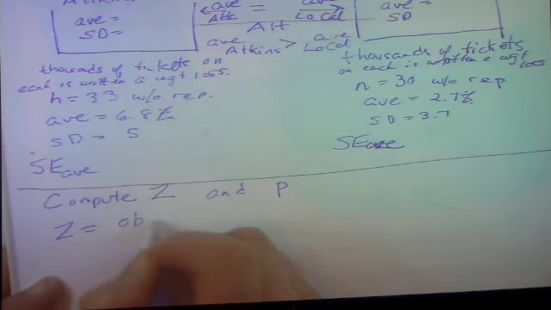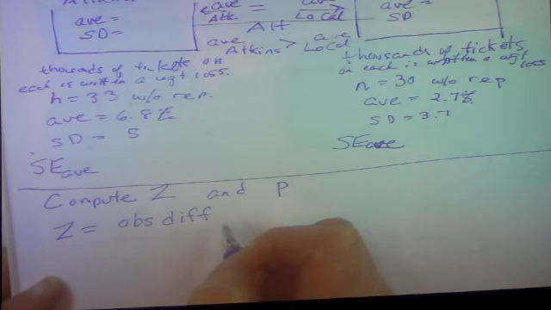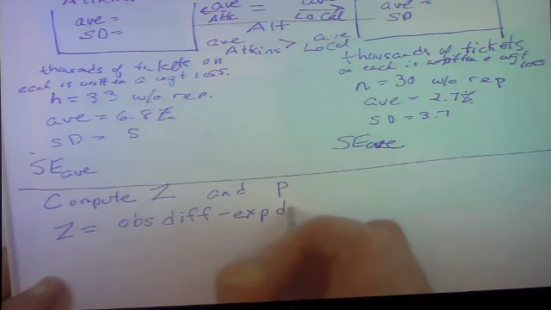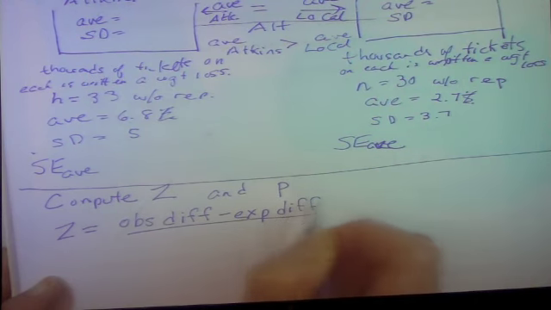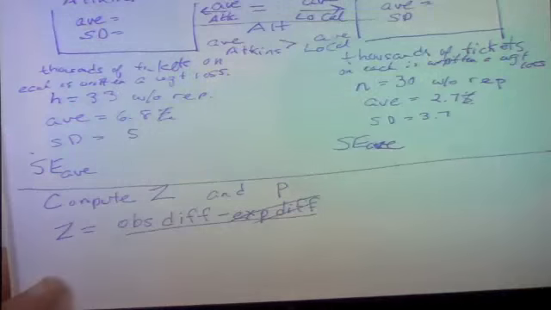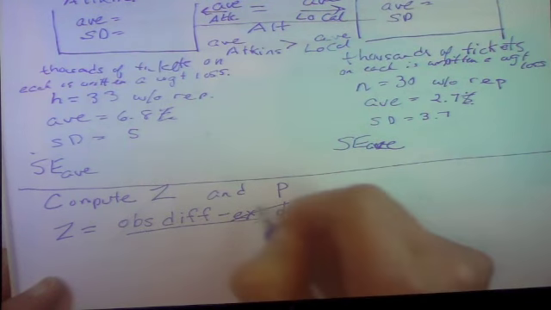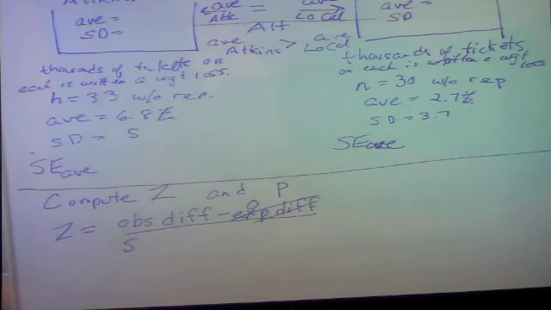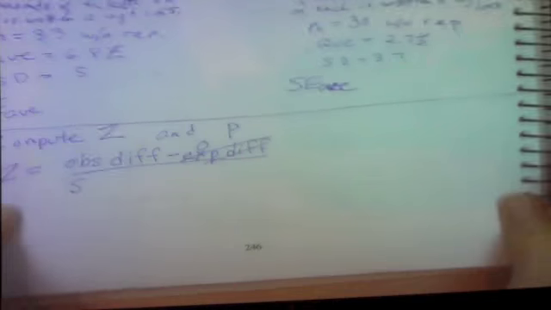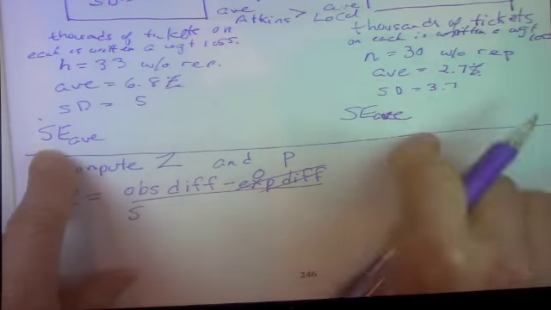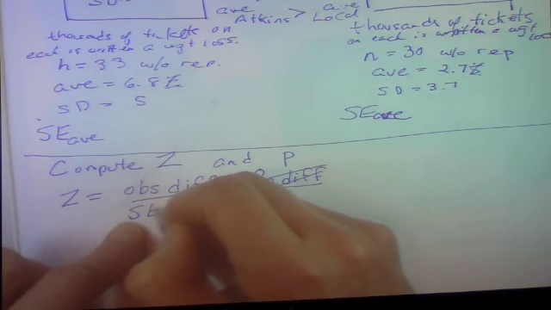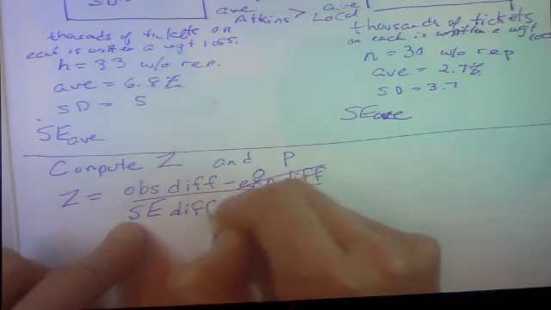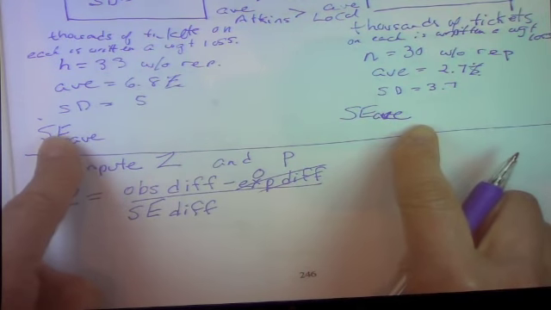Well, Z is just going to be our observed difference. Should I say minus the expected or not? I'll do it this first time, but then we won't do it because the expected is always 0. This is just 0, that there's no difference. So it's just our observed difference over what? Do you think this standard error, that standard error? It has to be a standard error for the difference because both of them are bouncing around.